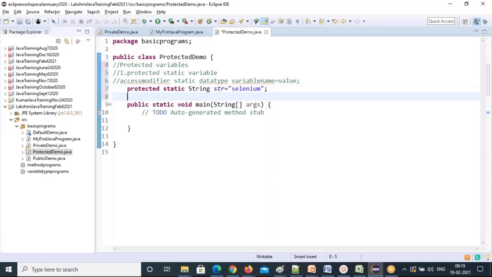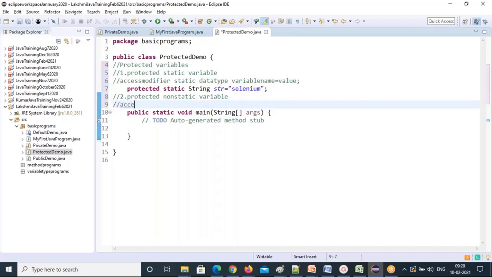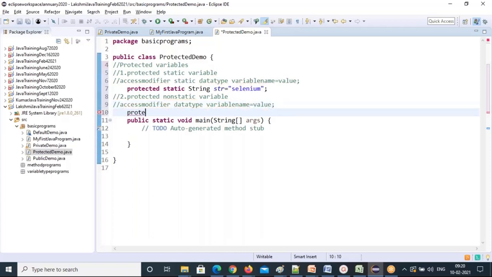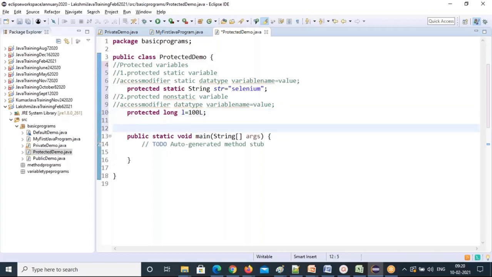Now the second variable is a protected non-static variable. The formula is access modifier, data type, variable name equal to value. The access modifier is protected. For the data type I'll take long: long L equal to 100L. This is how to declare a long data type.